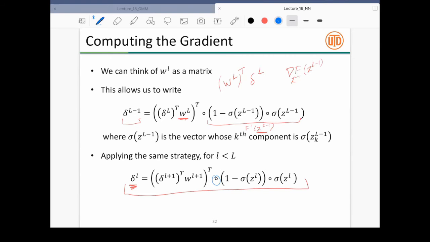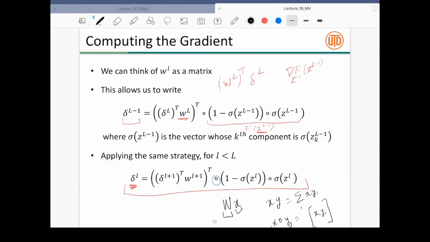There are two kinds of multiplications. One is matrix multiplication, where you're doing W multiplied by X. This is a matrix, this is a vector, so it's matrix-vector multiplication. Then there is X dot Y, which is a dot product, nothing but the sum over i of Xi Yi. Then there is X circle Y, and this is a vector, where the ith element is Xi Yi. So you're doing an element-wise product of each term, one by one, and the output of this is still a vector.